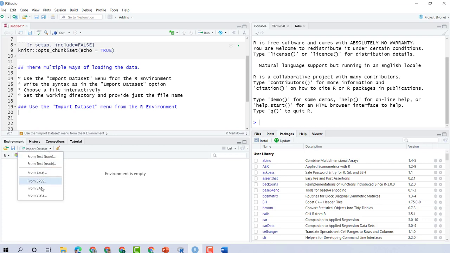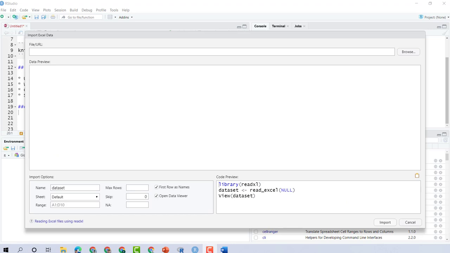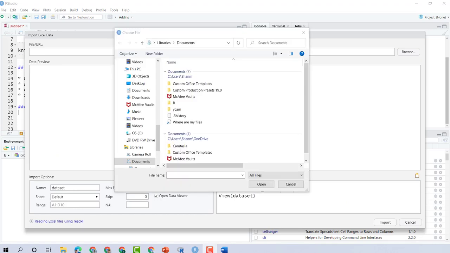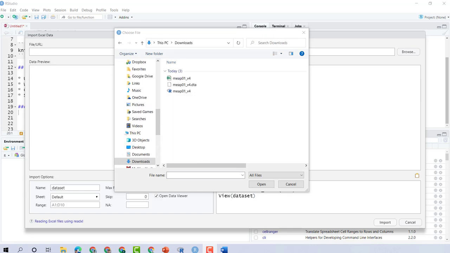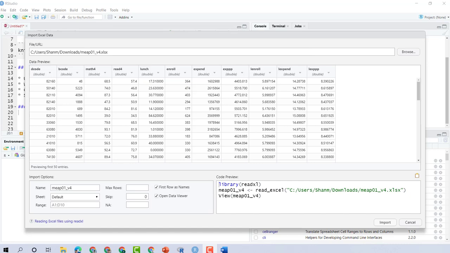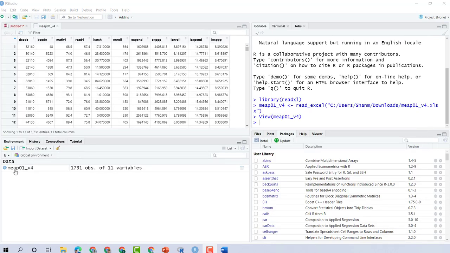Click on it and you will see Excel format, SPSS, SAS, Stata. So let's start with Excel, and here is the window you see. Now click on the browse button, and you need to go to the folder where your data is located. I downloaded the data in three different formats. The first one is in Excel, second one in Stata, and third one in R format. I choose the first one and then hit open and click import. And you see that the file is imported,